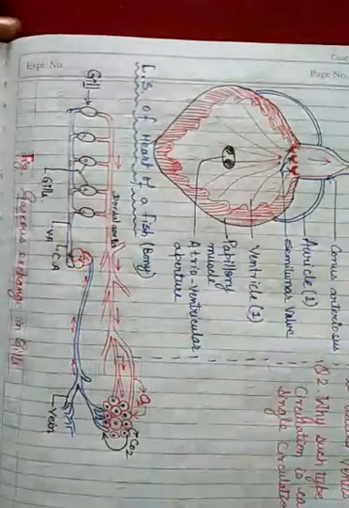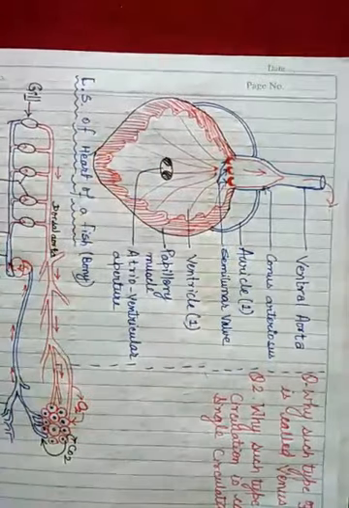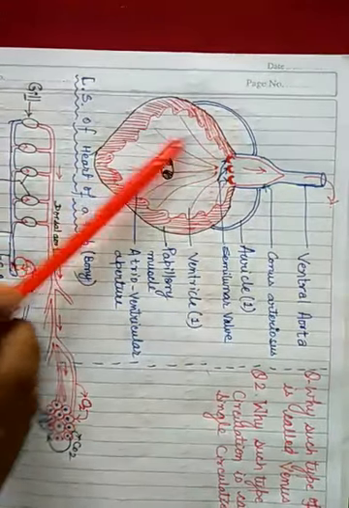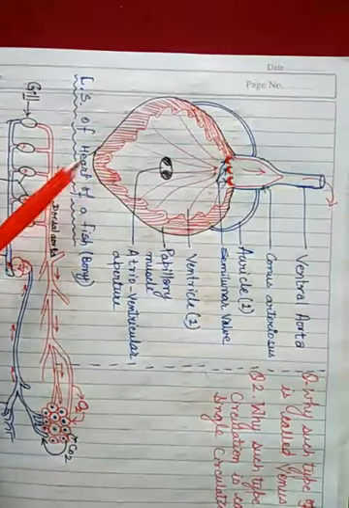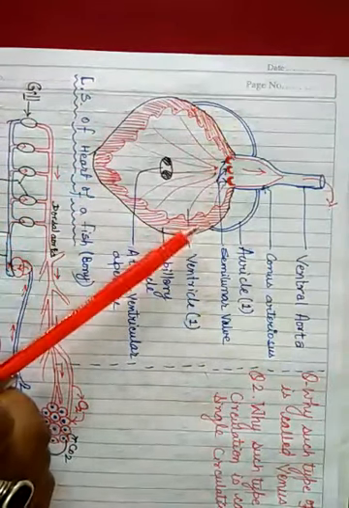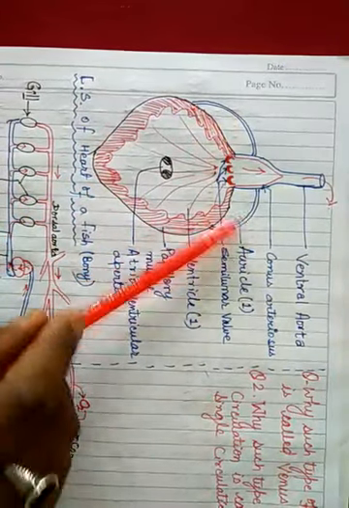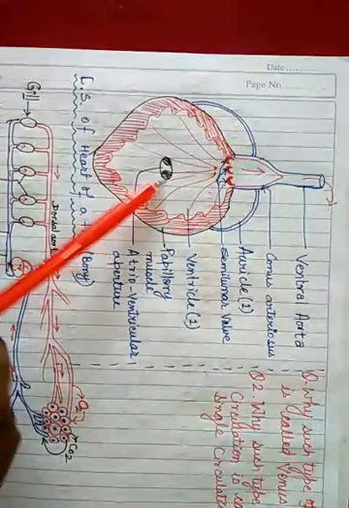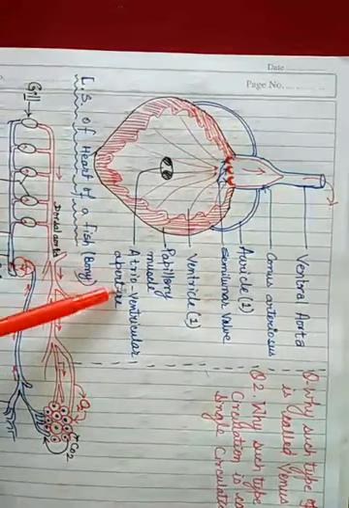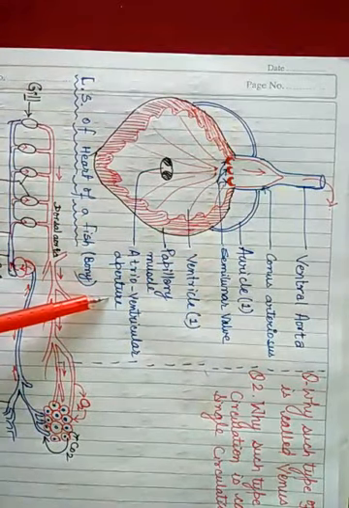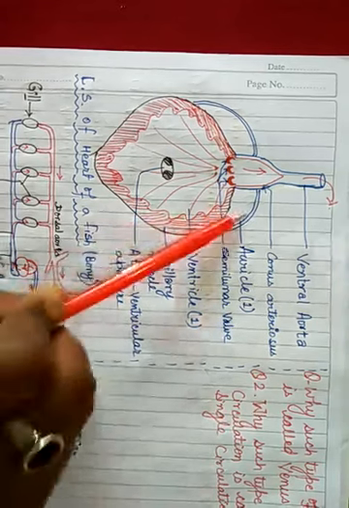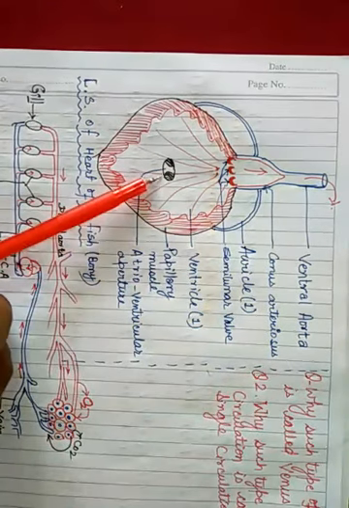You can see it in the picture also. There is a very good picture you can see here. First of all, this is the heart of the fish, either cartilaginous fish or bony fish. You will get this type of heart: one auricle, one ventricle. You can see here, this is the opening. This opening we call the atrioventricular opening. Clear? So the atrium opens into the ventricle at this point.